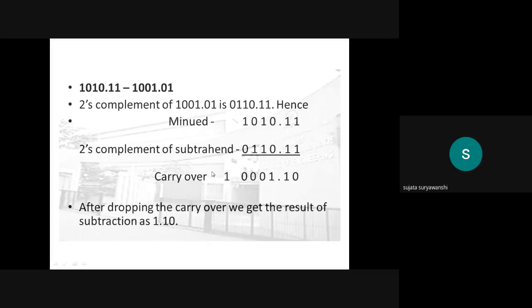Okay, and in its true form, no need to convert it into 2's complement form. Get it? If you get carry 1, then your number is positive and it is in true form. And if you are getting carry 0, means your number is negative and it is in 2's complement form. To get the original form, you have to find out the 2's complement of your result. Here the number is positive, and what magnitude are you getting? 1.10. This is the result of your given answer.